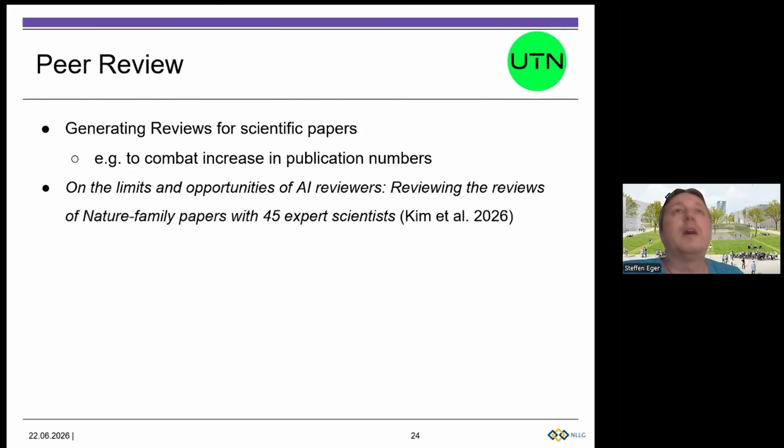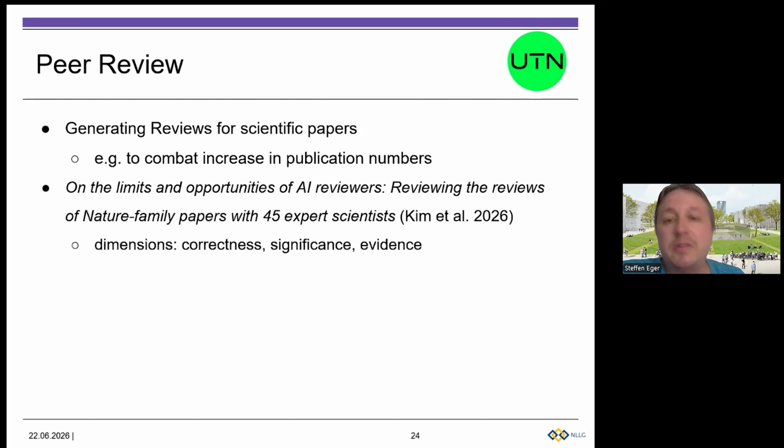There's an interesting paper that has been presented in this colloquium 2 weeks ago by Graham Neubig and his group, and Kirill is also a co-author, where they were investigating the limits and opportunities of AI reviewers. They were reviewing the reviews of Nature family papers with 45 expert scientists. Basically, what they did is